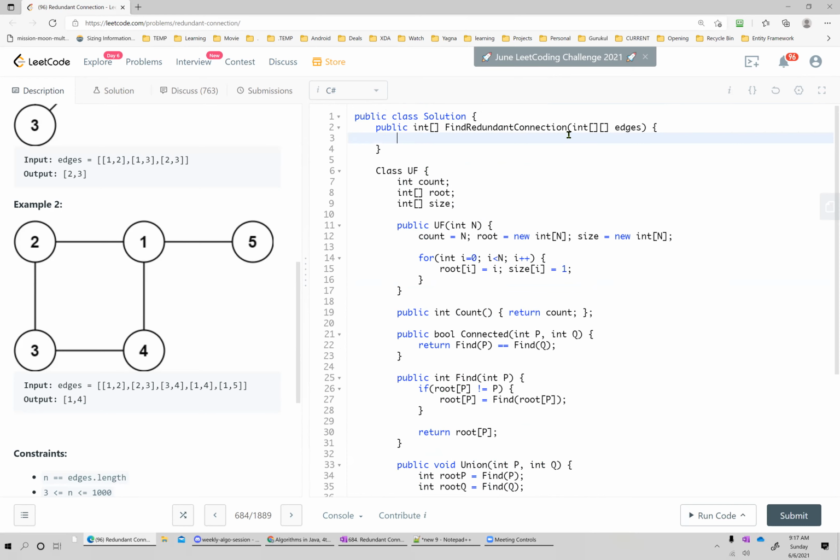Every node is a single disjoint set, every node is its own component, and one edge merges two components together. As soon as an edge is found where the union is not taking place because it's returning early, since it's already connected, then we say that's the problematic edge.